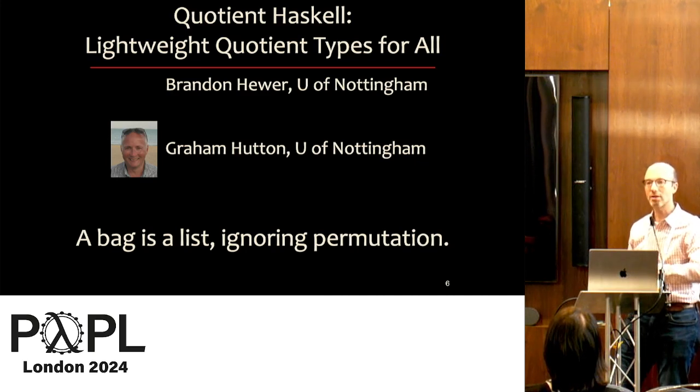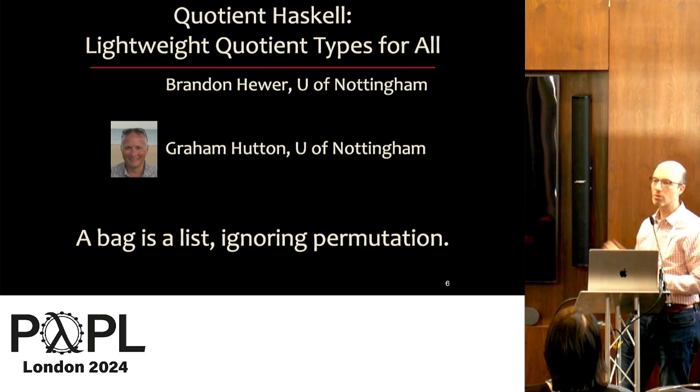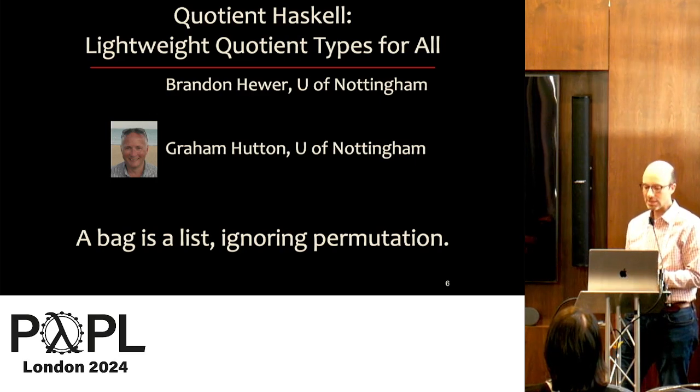Quotient types are kind of the opposite of that, in that we're now saying instead of a restriction on the types, it's a restriction on the functions that process those types. So one example that's explored in the paper is that a bag is just kind of like a list, but it ignores